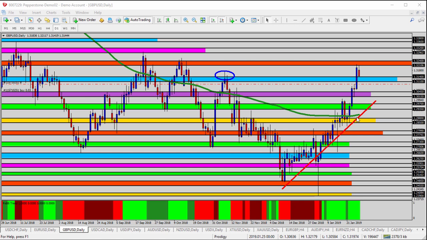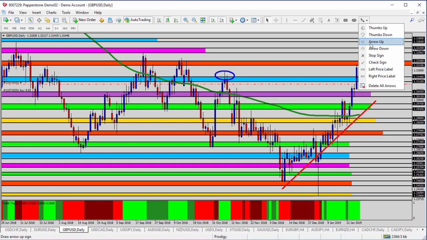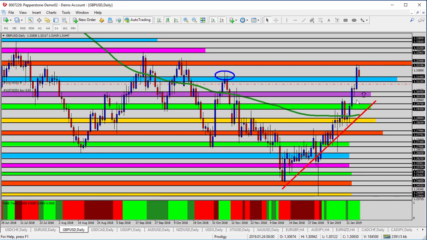In fact, last week we didn't ignore that. We took a long just around the 1.3045 level, the purple shaded area here. As the market broke through the purple zone, 1.3045, we took a long and are enjoying some profit as it pressured all the way up into the 1.3210 level, the orange shaded area. What's important about that